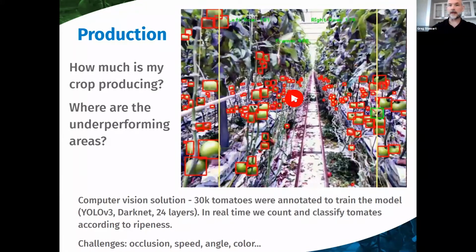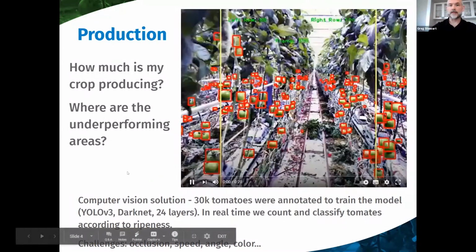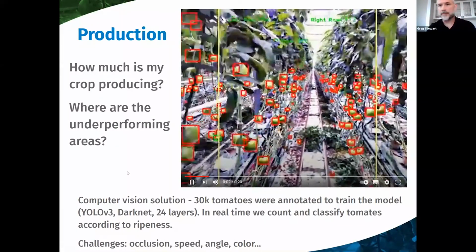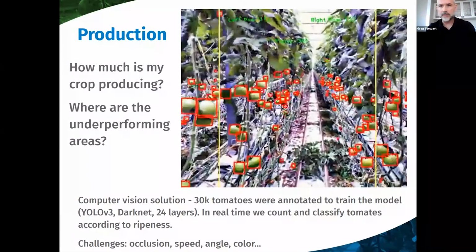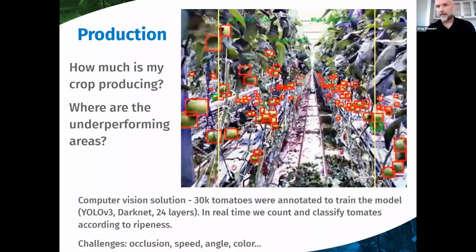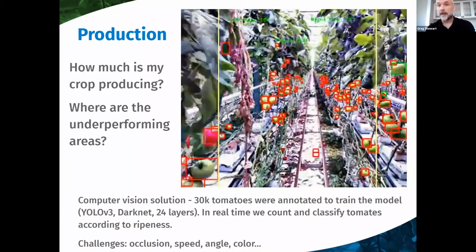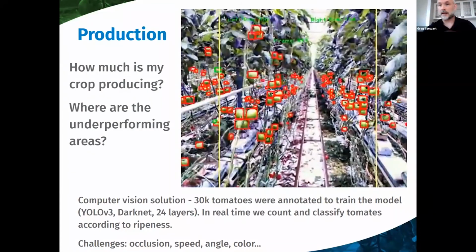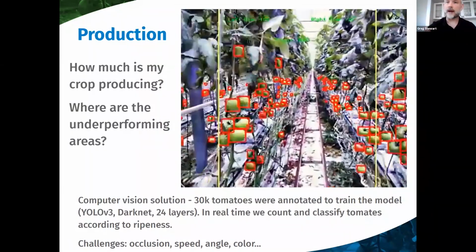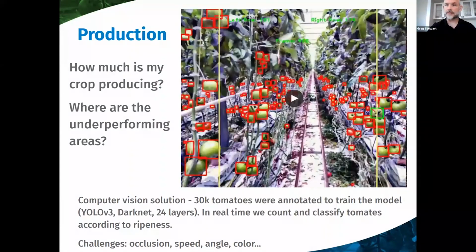So what we have here, I'll just do another video if I can make this work. It's a computer vision solution, and I won't explain the model just yet. Just look at the video, and you can see that as we're rolling down the row, this one is showing you the bounding boxes around the fruit. So what we're able to do is to count these things automatically in the entire row and know where they are. So for example, if you're getting less fruit produced at the back of the row than up at the front, this is an interesting piece of information that the grower can use and perhaps adjust the airflow throughout the greenhouse to make it more uniform.